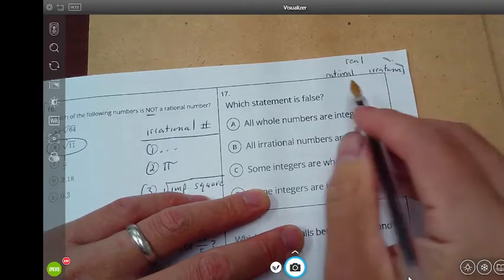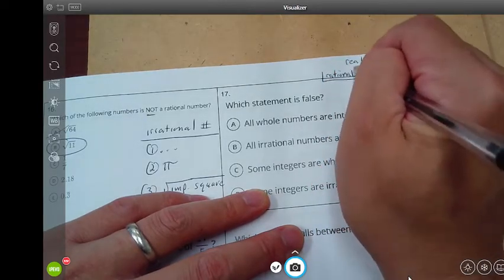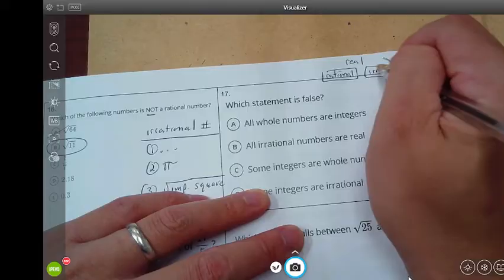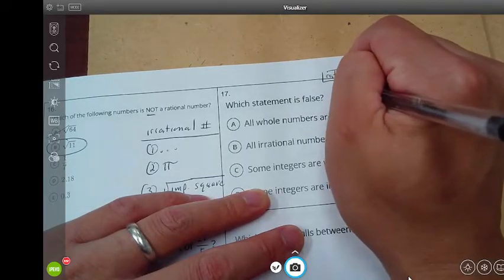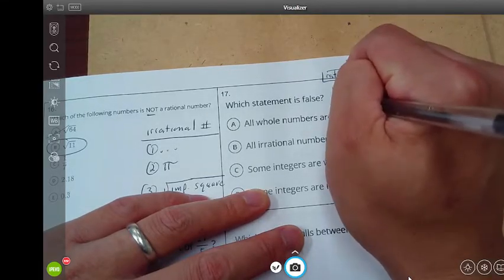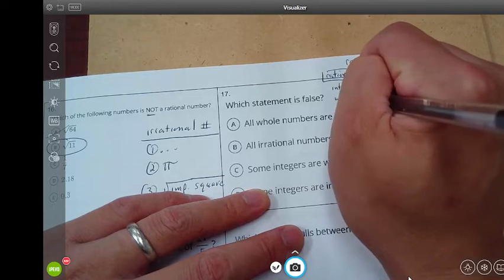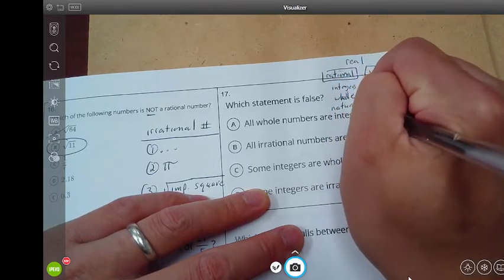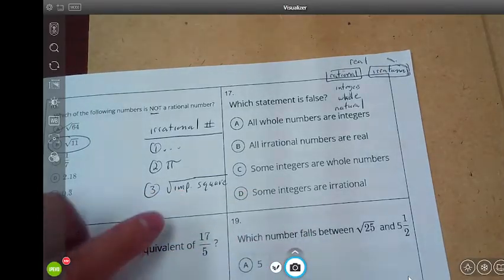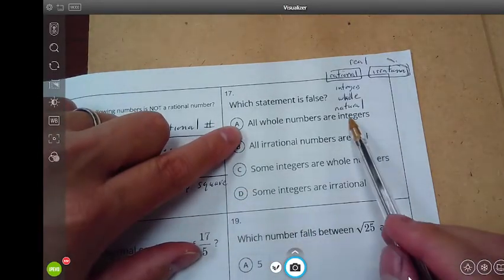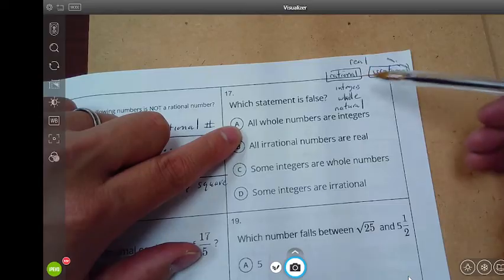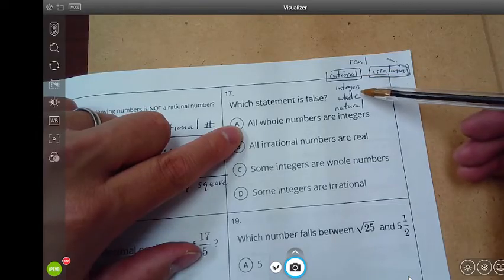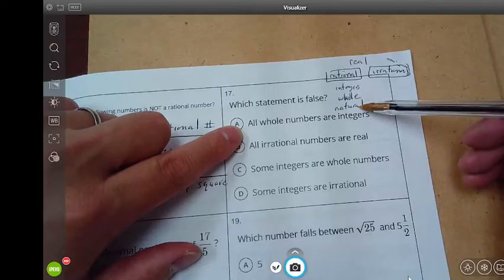Within the rational numbers, what do you have? You have integers, whole numbers, and natural numbers. Okay, all right, so all whole numbers are integers. That's true. All whole numbers and natural numbers are exactly the same, except